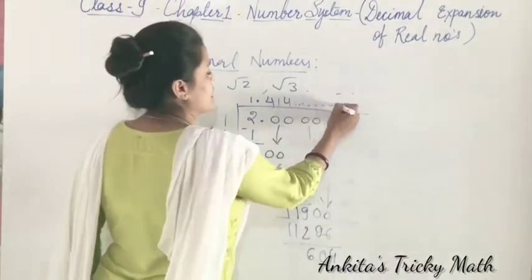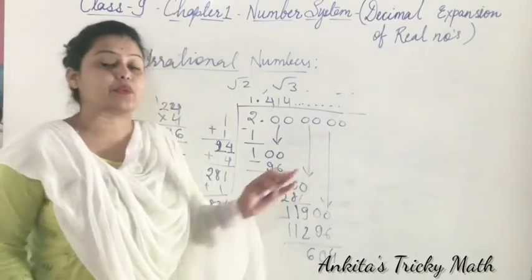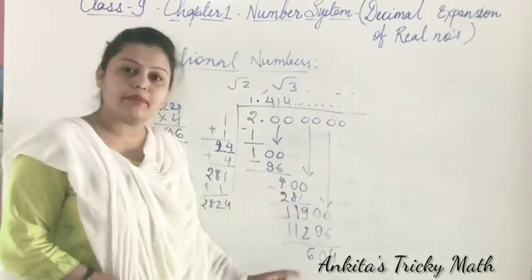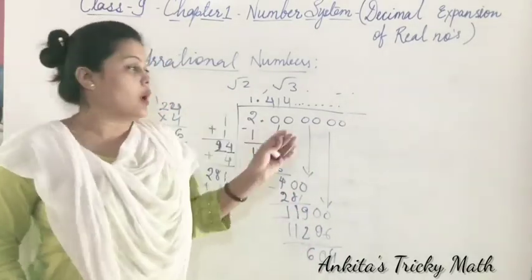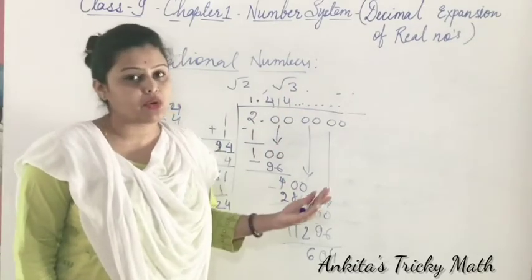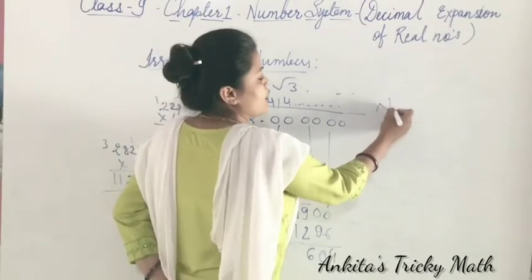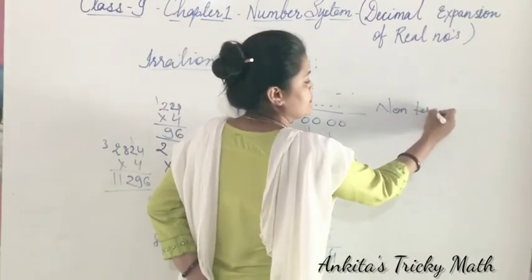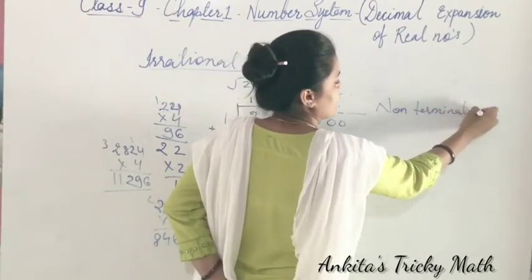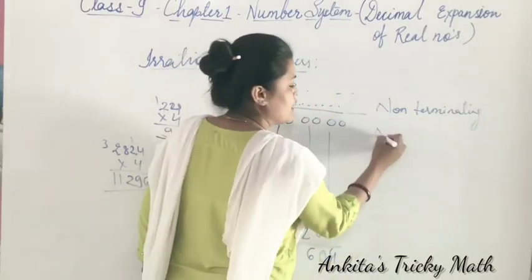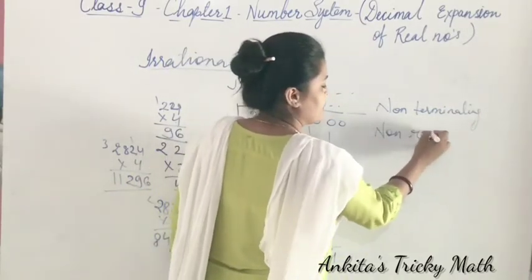As we can see, if further we are taking out more numbers, more decimals, it will come again and again, many digits will come, but it will not repeat. It will not end, it will not terminate and it will not repeat or recur. So that means irrational numbers are non-terminating and non-recurring.